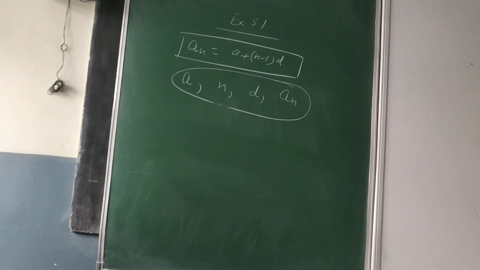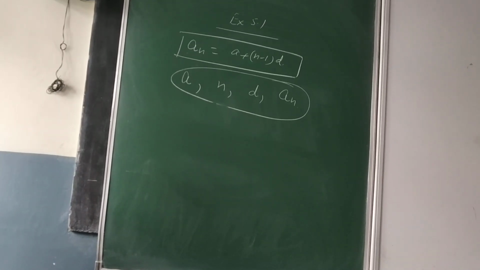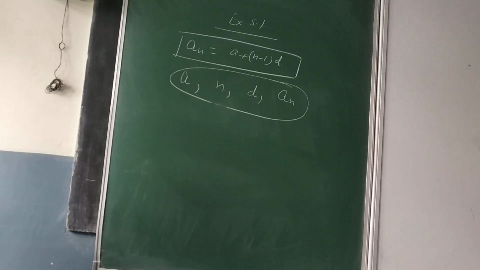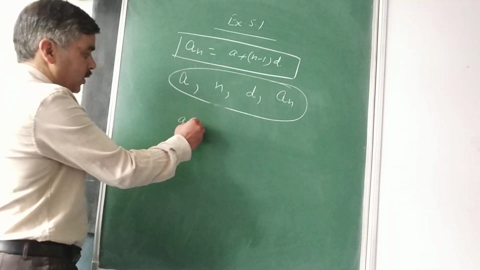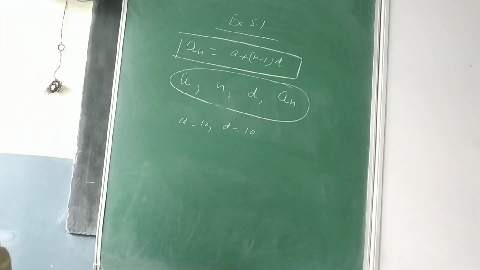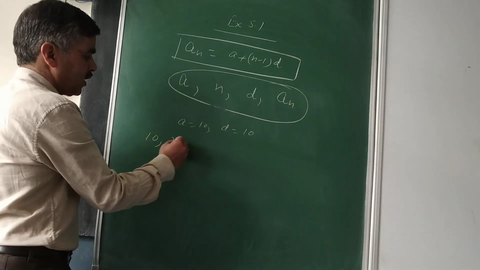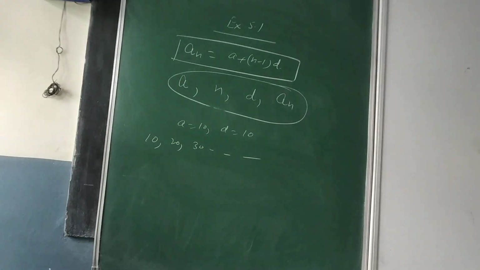The second question is, write the first 4 terms of the AP when the first term A and common difference D are given. So this is again a very important question from the previous knowledge testing point of view. Do you know how to add, how to subtract? That is the thing you have to remember. Like here, your first part is very simple. A is equal to 10 and D is equal to also 10. So no difficulty should be there. 10, keep on adding 10, 20, keep on adding 10, 30, and so on. So definitely this is an arithmetic progression.